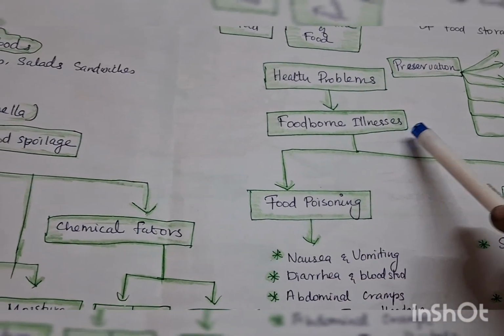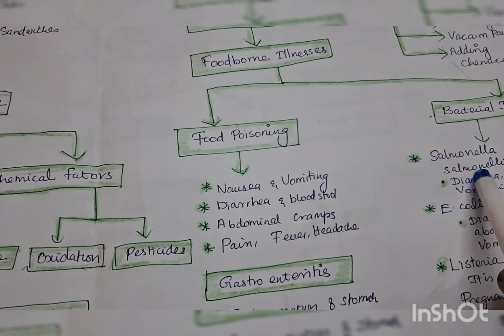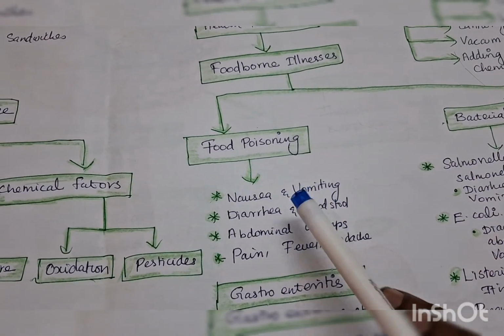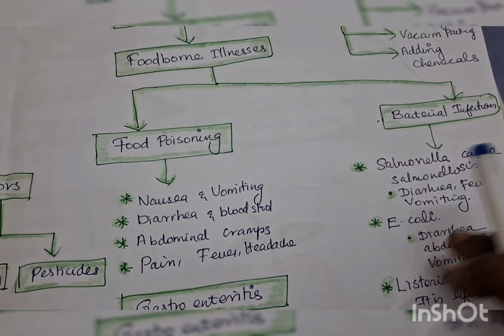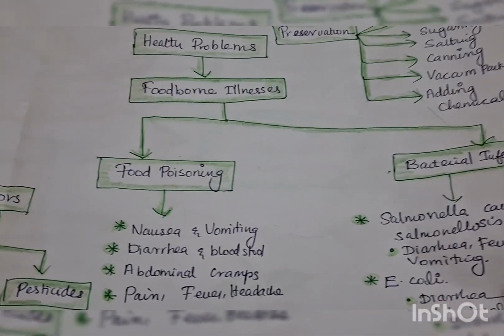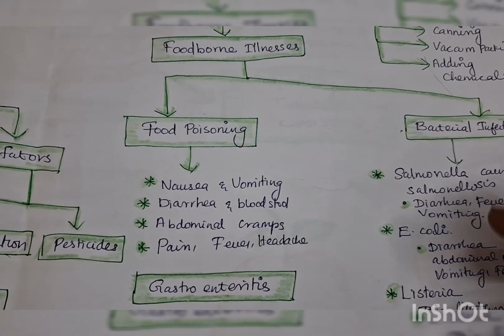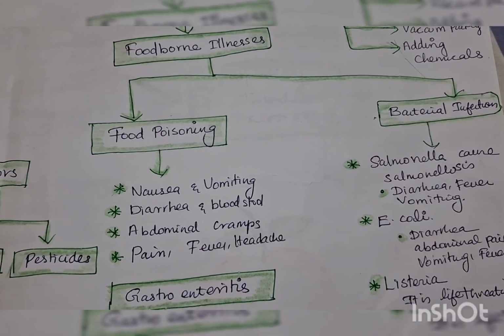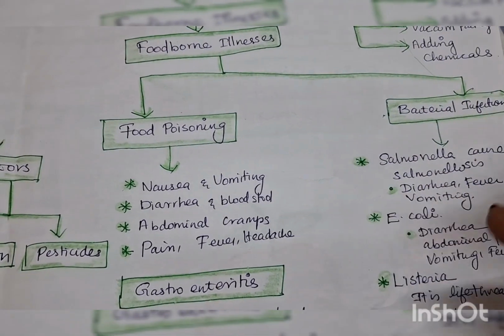So what are the food-borne infections? Food poisoning and bacterial infection. What will cause food poisoning? Most of the time you might have heard that people are affected by food poisoning. In Tamil Nadu, in some schools, the children ate the midday meal program and were affected with food poisoning. Something had happened, or a lizard had fallen into it, something like that, they will say.